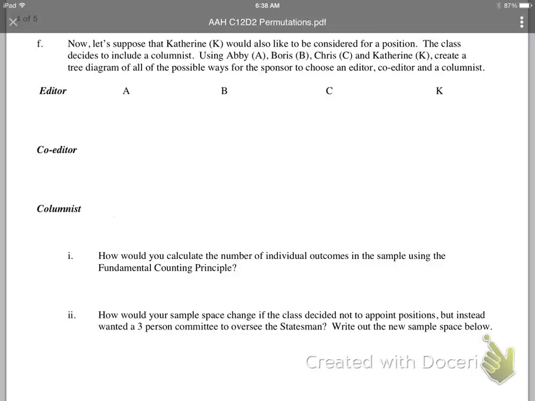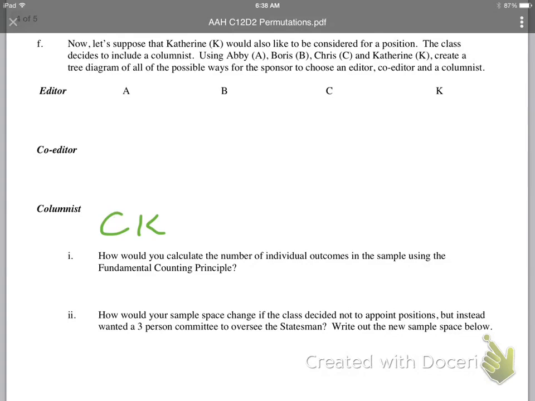Okay, so like I was saying, now we have a different situation where we are going to add Catherine. And so this is the tree diagram. And actually, if you could look on my key, that'll show you the tree diagram. And then the bottom row is how many total possibilities there are. And so we'd have a total of 24 if you counted them all up, because down here we'd have,